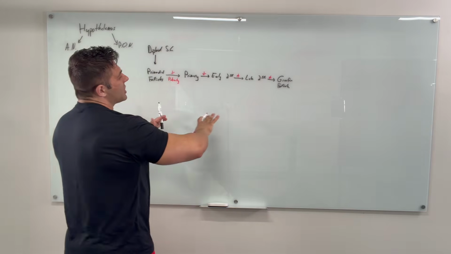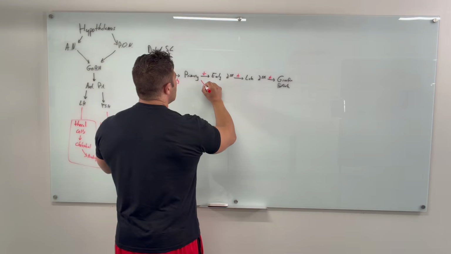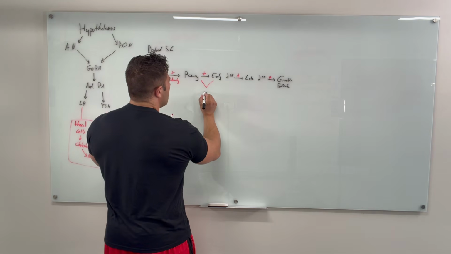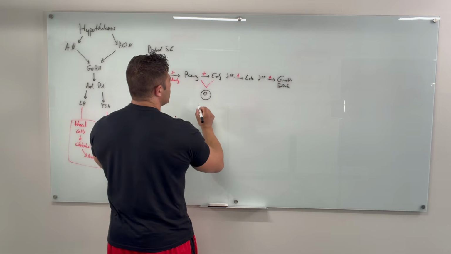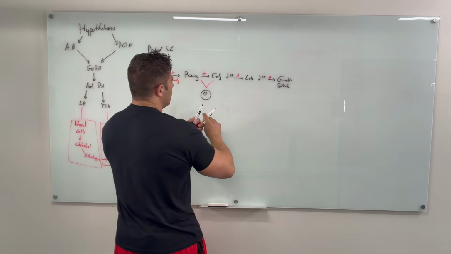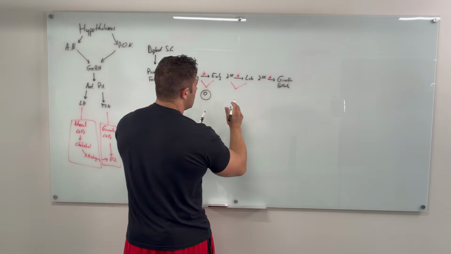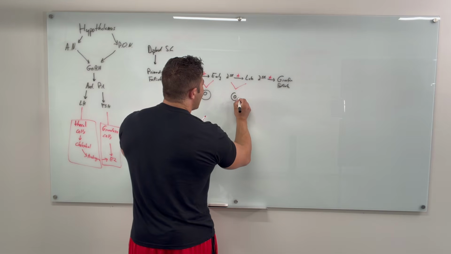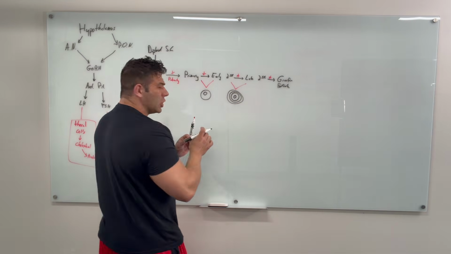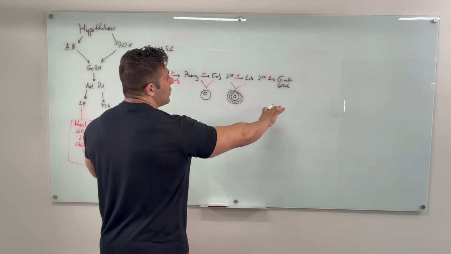But as we see this maturation occurring, we start to see that initial, we're going to say, one cell, and around it is one layer of cells. Then as we mature this follicle, we are going to see that cell now surrounded by all of these other layers of cells. They should look more bubbly, like little circles, but it wouldn't look good if I did it on the board. Then eventually we get to a Graafian follicle.